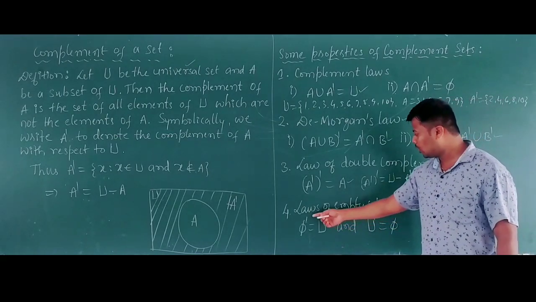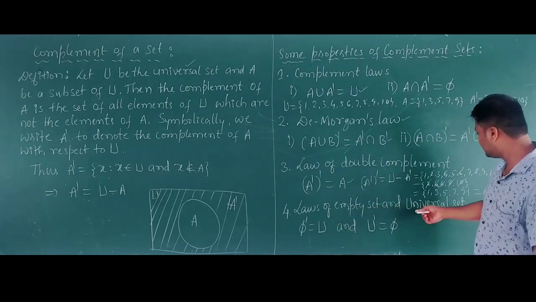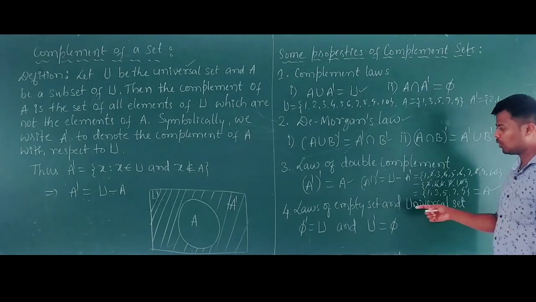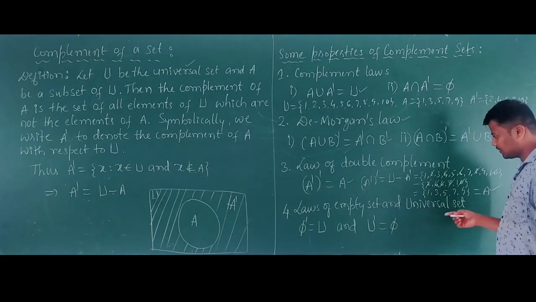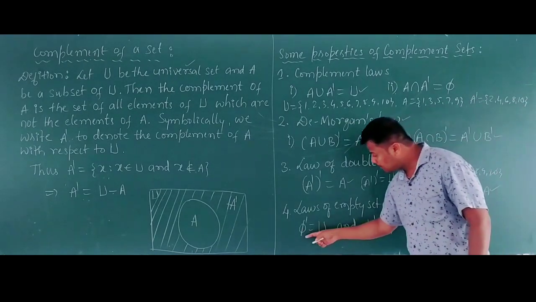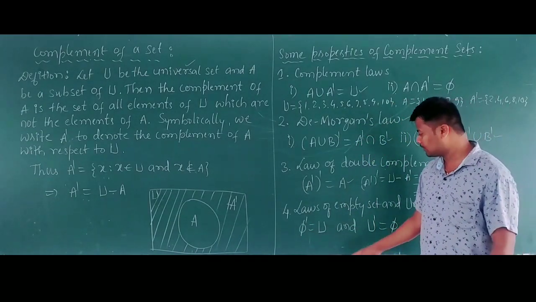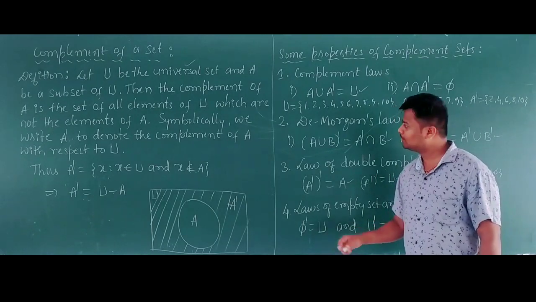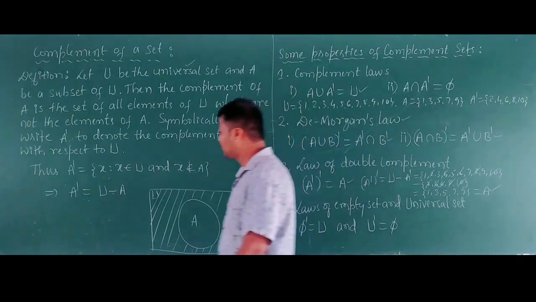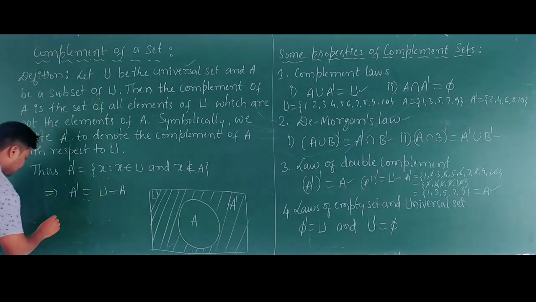Next, fourth one, laws of empty set and universal set. Then the complement of the null set. The complement of the null set is always U only. Then how will you write this? The complement of the null set is